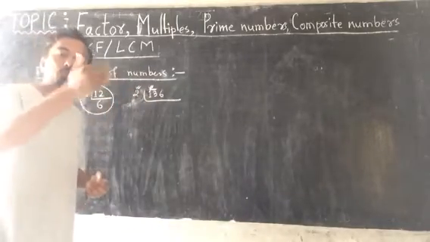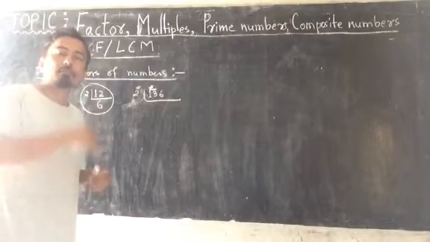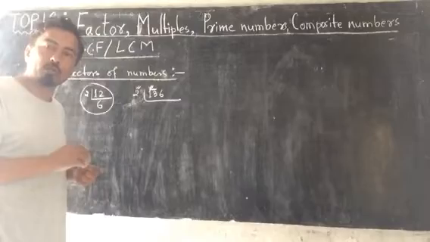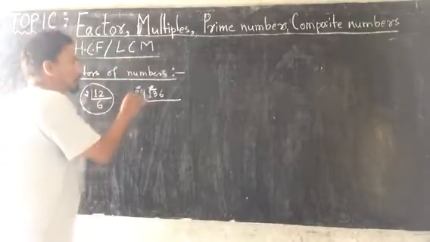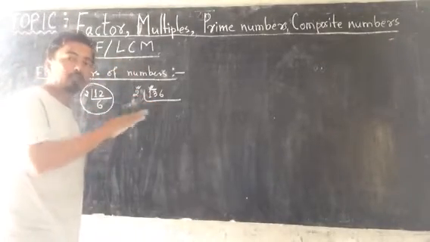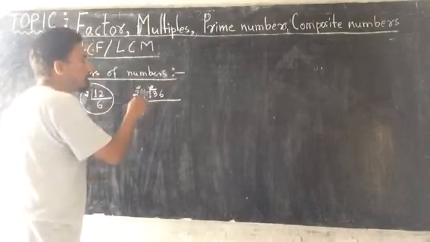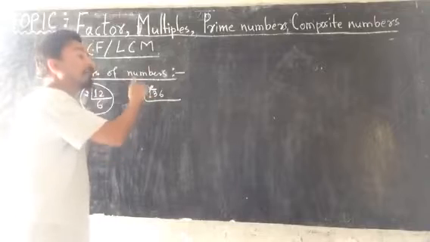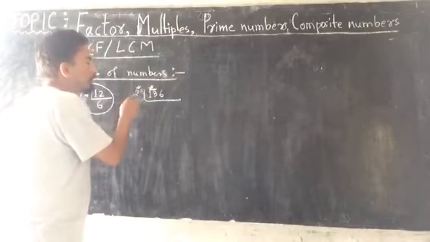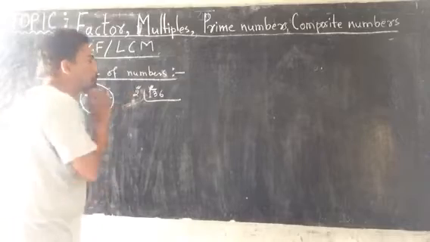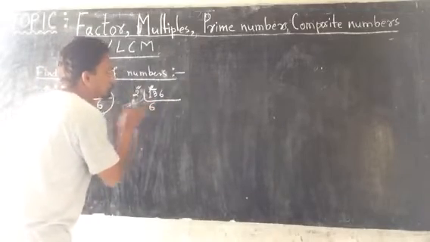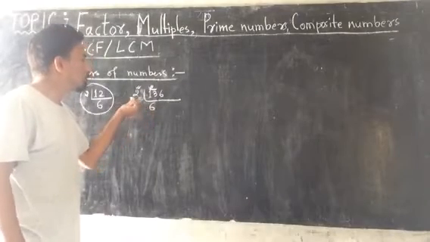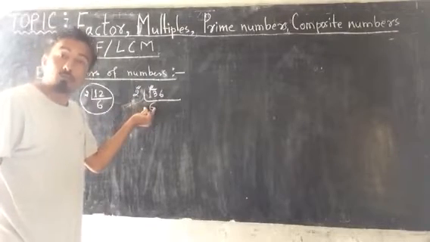Now read the table of 2. How many times does 13 come? If 13 does not come, go to the nearest number to 13. 2 6s are 12, 2 7s are 14. If you divide 7 times, it will be 14, so you cannot divide 13 7 times. How many times can you divide 13? Only 6 times. You write 6. 2 6s are 12.